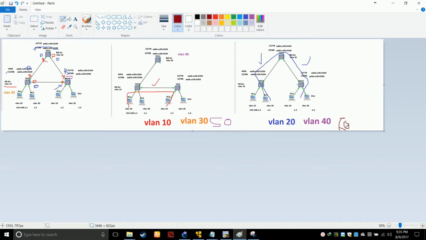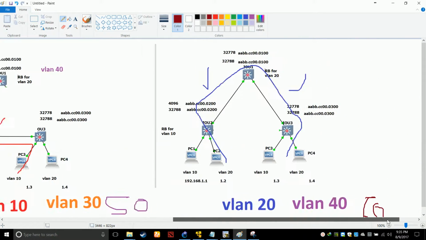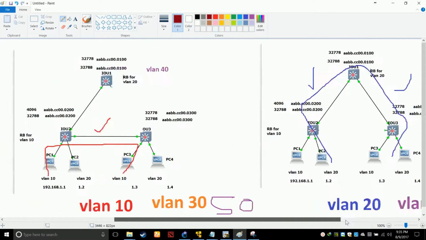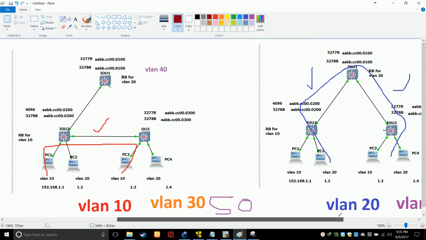And the bigger the topology you have, the more complex the permutation and combination will become. You have to do a lot of things. That's why you should be very good in classical spanning tree, otherwise you will never understand per VLAN spanning tree, because in this we are not doing anything special. We are doing spanning tree but again and again and again for different VLANs.